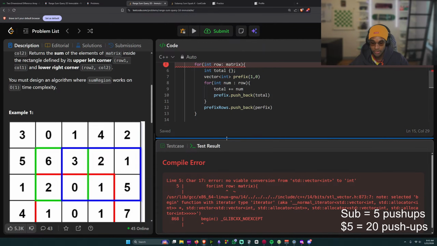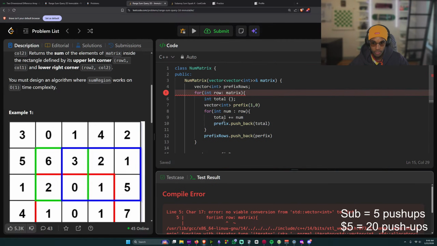Compiler: no variable conversion. Matrix is a vector of vectors. Oh, it's a vector. I should just use auto.